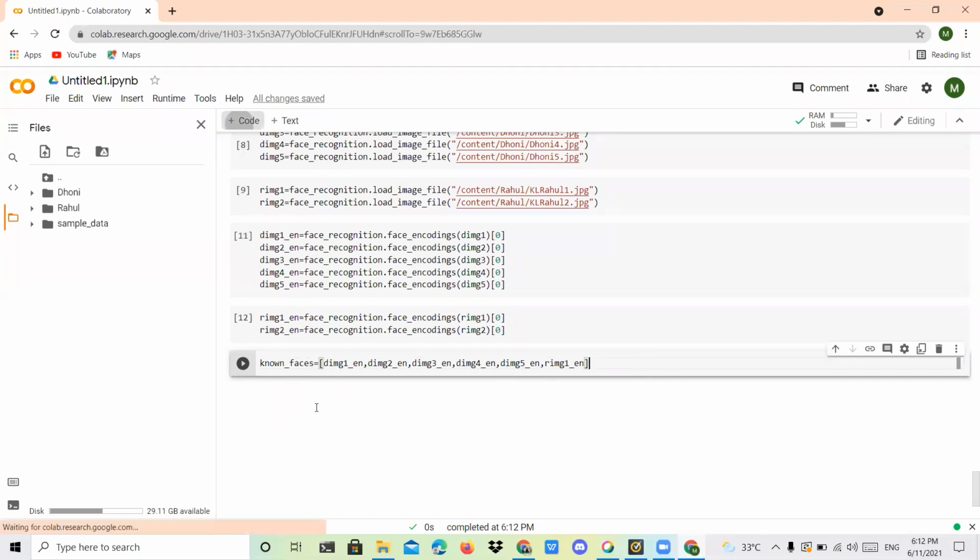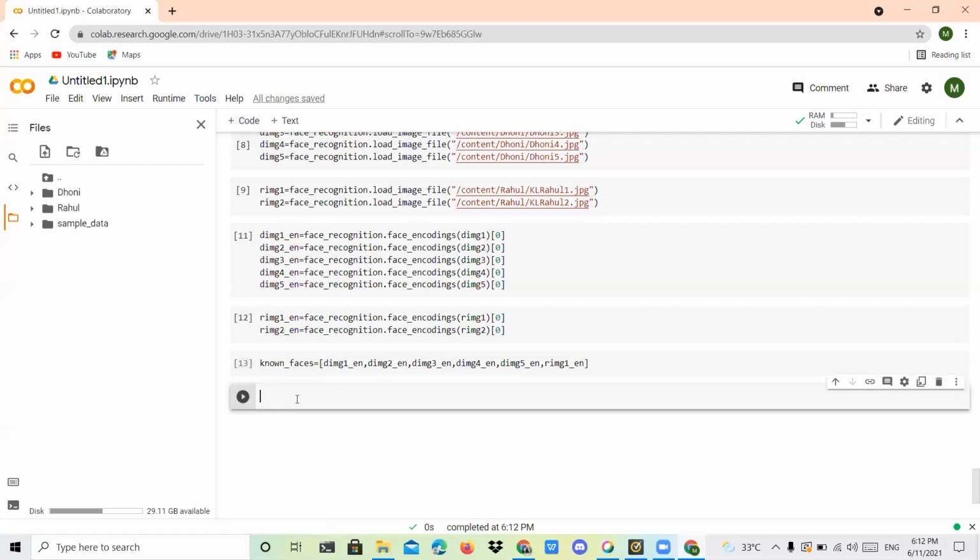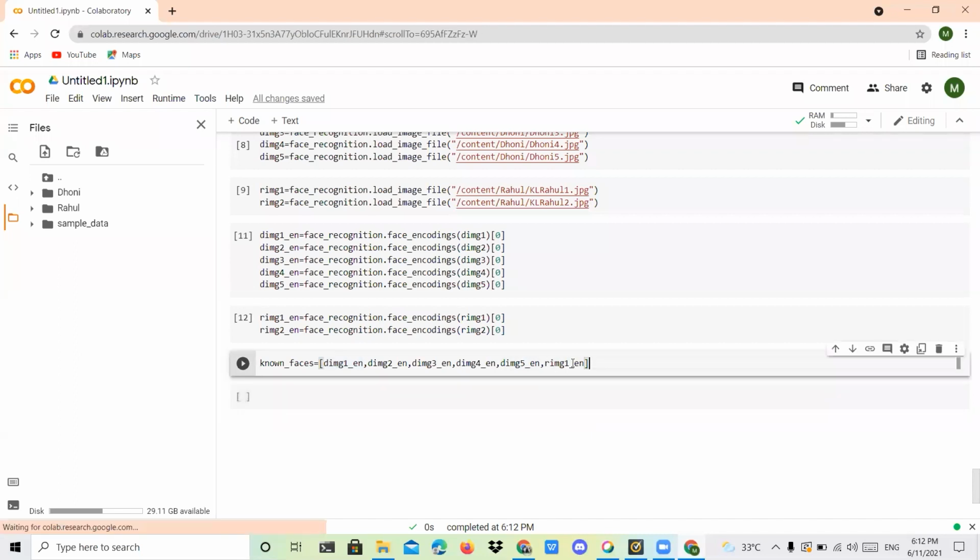After that, I want to compare these particular images. Now the only left out image I have is Rahul 2. I'm going to compare this particular image, whether it is equal or not. Only the 5 images are different, so it shows a false value. The last one shows a true value. First, without a for loop, I'm going to print true or false, whether the images are equal or not. If it is equal, it shows true.